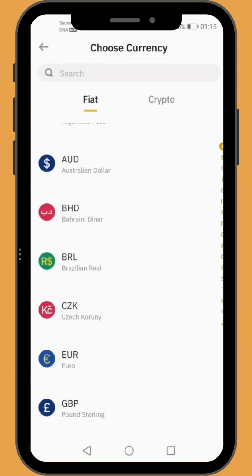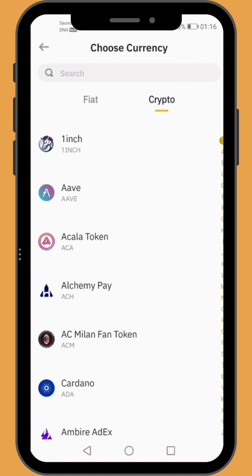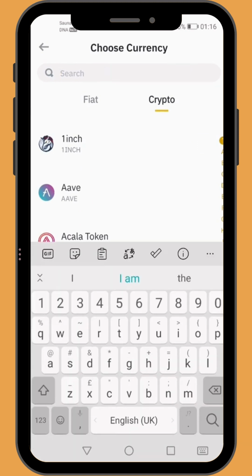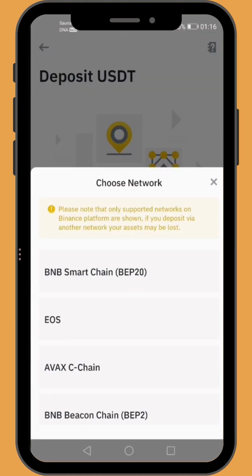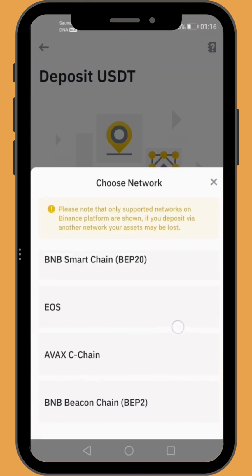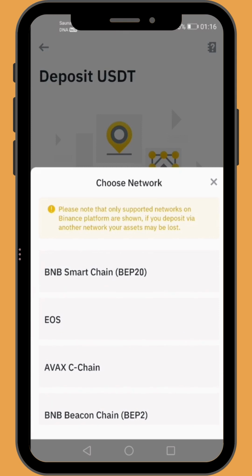Now let's move to the next. If say you want to deposit crypto, click on crypto, and you're gonna see the option to select whatever crypto you want to deposit or you want to exchange, right? For example, let's say you want to deposit USDT. You click on USDT and you're gonna appear here. See the first, Tether USDT. Click on it and it's gonna give you the different networks that you would need to use to receive or